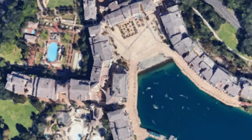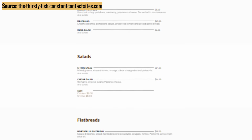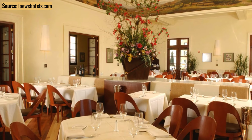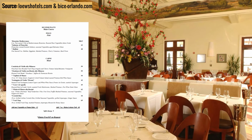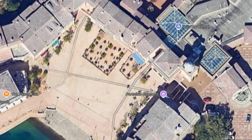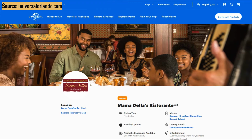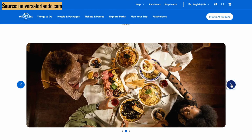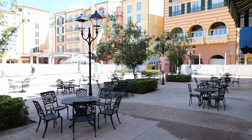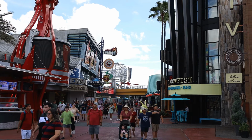Down a ways on the west wing is the Thirsty Fish, a food bar with a few items. Right nearby is Bice Ristorante, a really fancy place with a selection of upmarket Italian dishes. And finally, right by Sal's Market Deli on the other side of the stairs is Mama Della's Ristorante, a fine dining experience with an array of Italian cuisine. And those are your options. If this hotel doesn't have what you are looking for to eat out at, then I'd explore other places located